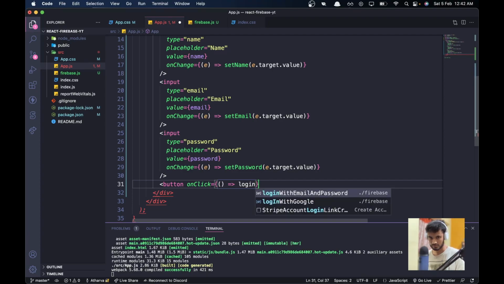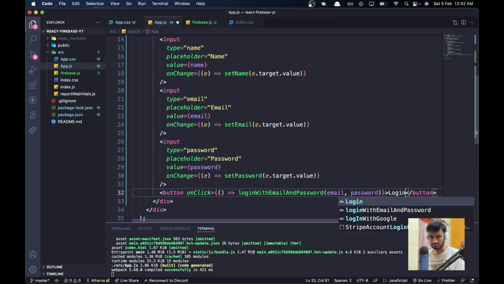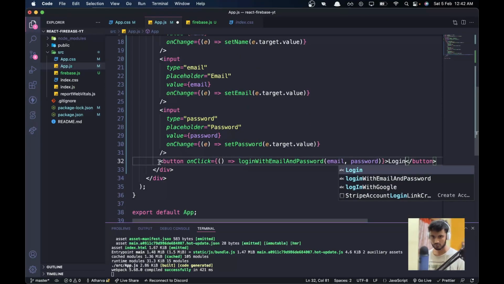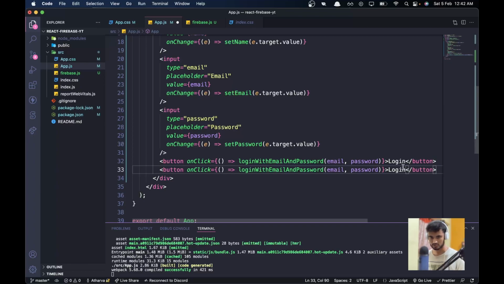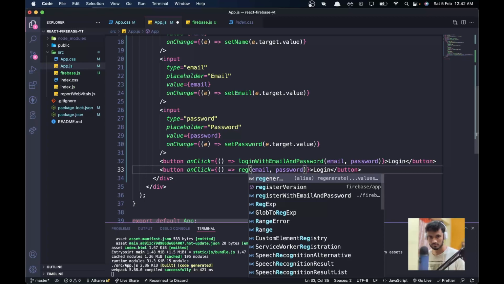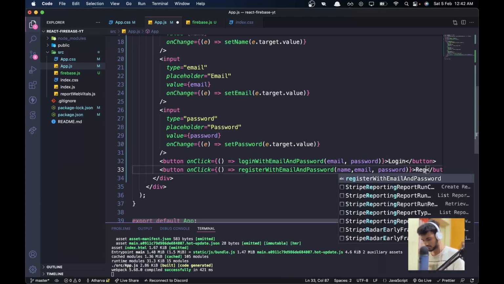Actually, is it correct? Yeah, login with email and password, and we need to pass in the email and password here. Perfect. I'll say login, and then we need to copy this function, and we need to make a sign up button. So I'll say register with email and password, and this also should have the name, and I'll say register here,